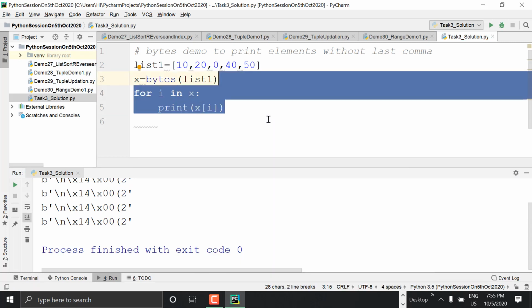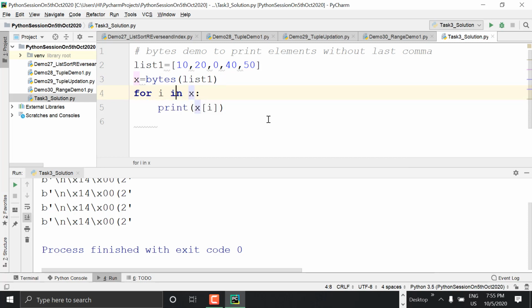Directly you can use range of len of x. Okay, then x of i. Okay, perfect. Now you'll be getting all values 10, 20, everything.